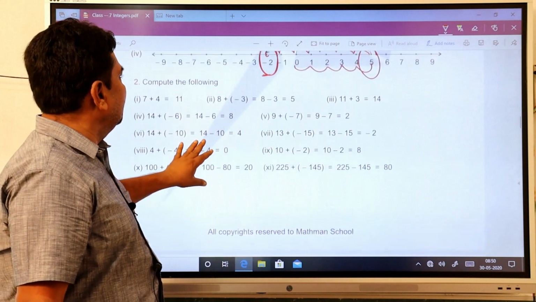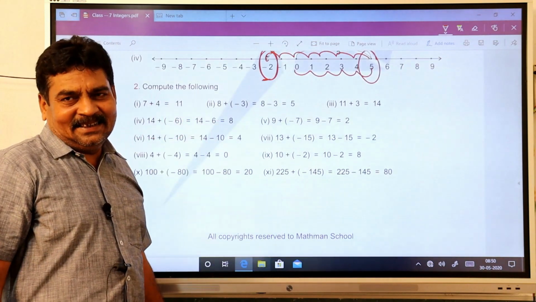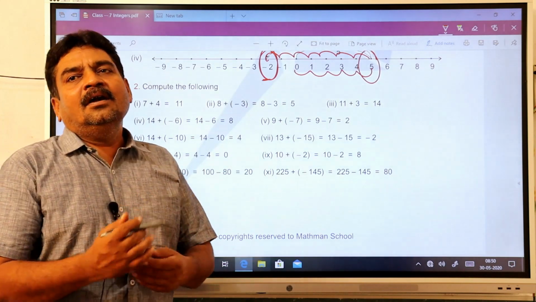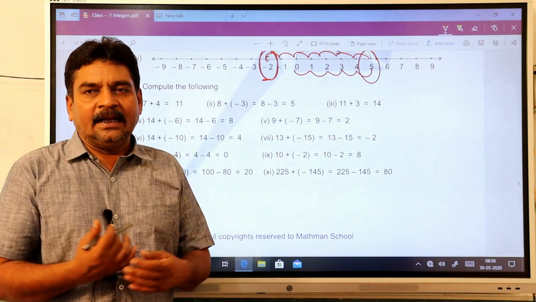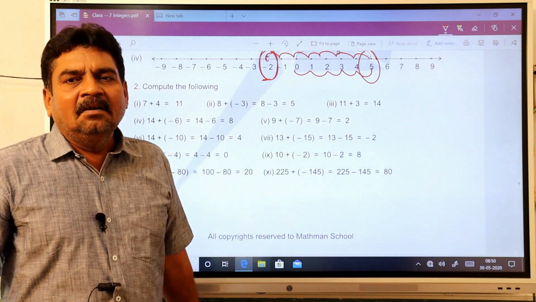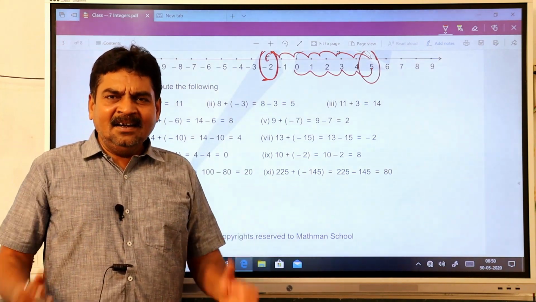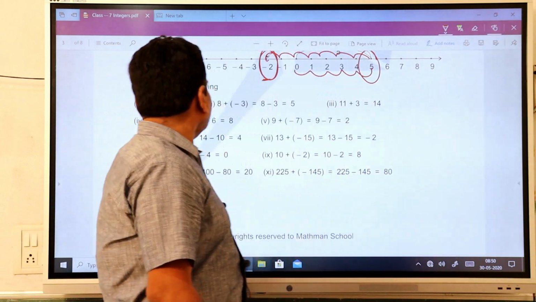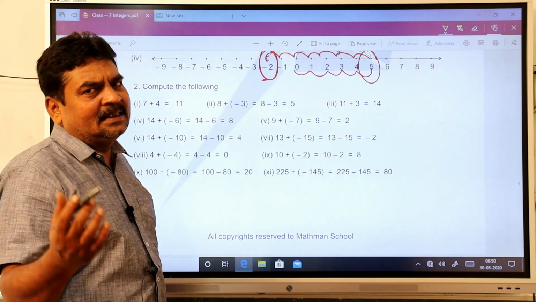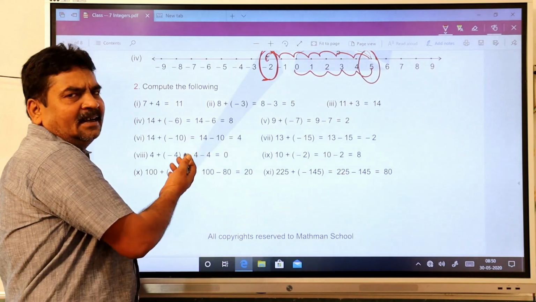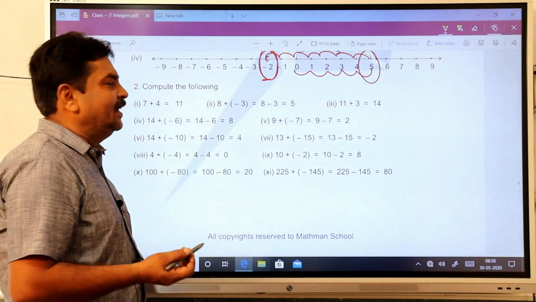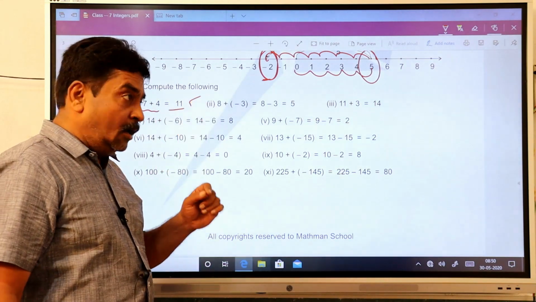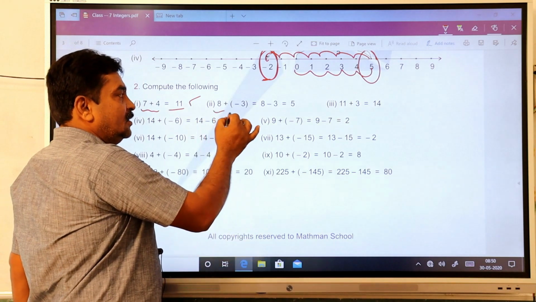Yes. In this way we can go, right? Further, this is something important. Compute the following. Let's see how you people are going to compute. Compute means what? You have to add the following. Compute means just making them into one. You call it computing. Let's see. This is a very simple one. This is second and third class mathematics involved here. 7 plus 4 is how much? 11 is given.